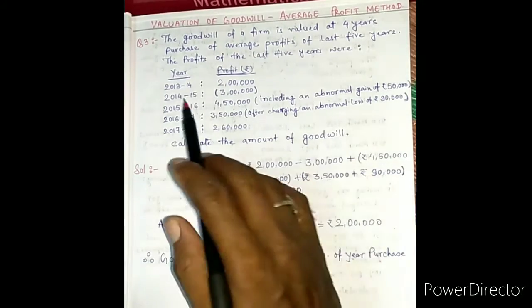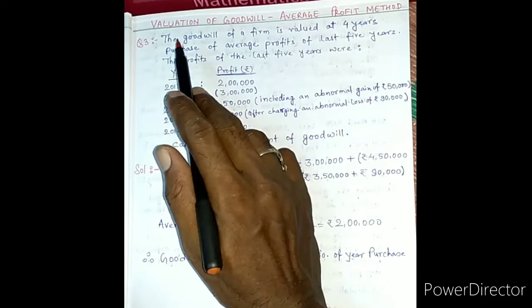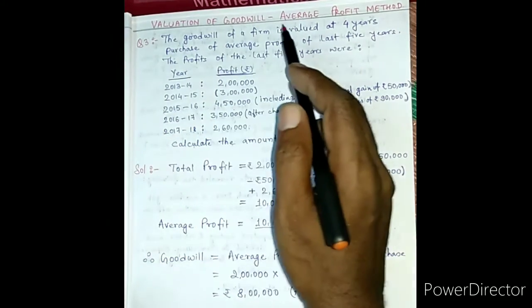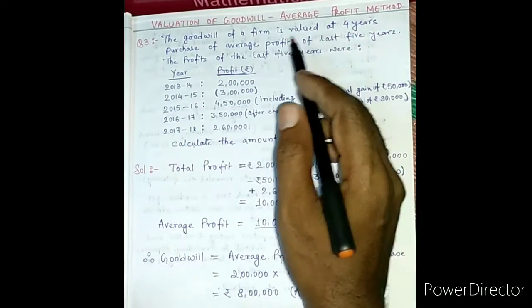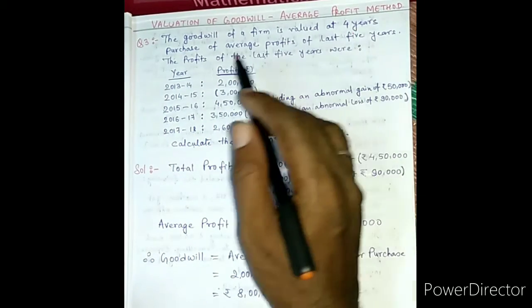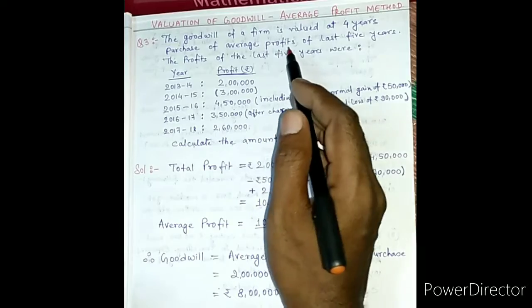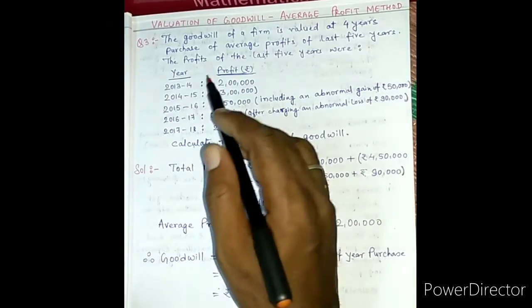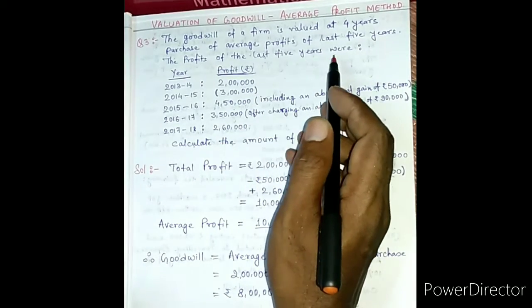The question is question number 3. Today we will see the valuation of goodwill by the average profit method. So the question is, the goodwill of a firm is valued at 4 years' purchase of average profit of the last 5 years. The profits of the last 5 years were